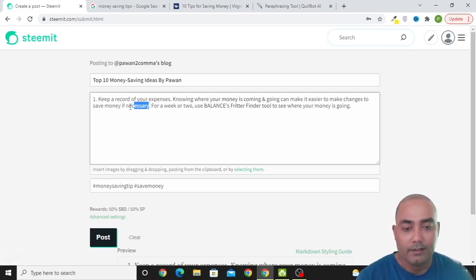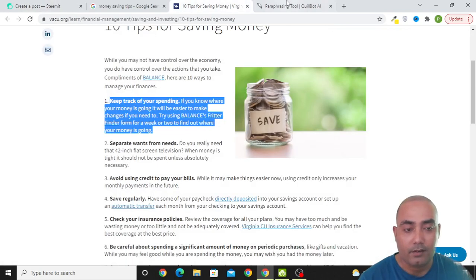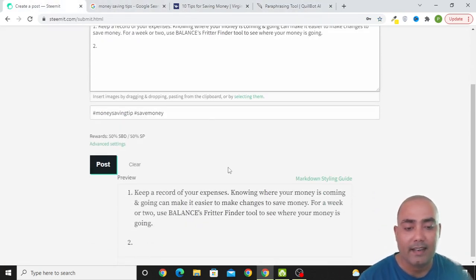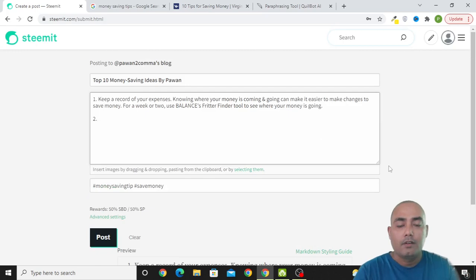And you can delete this if necessary. In this way you can change the text a little bit in here, and again go to number 2 and write a few things, just copy it and paste it, post it here, use the hashtag and post it. And if you gradually keep on doing these things,